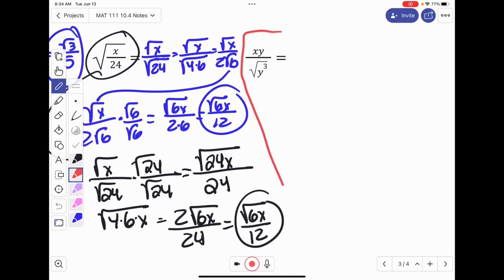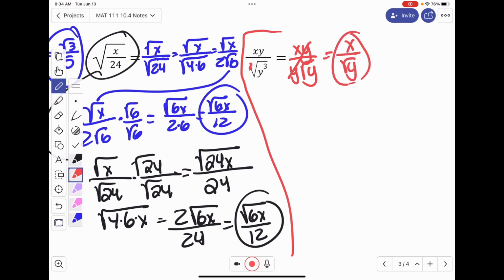All right, so this one's a little bit different because we have a square root and an exponent. So again, we can do the same thing. We can do xy, and we can reduce this first, where we take out the 2 and leave that. Then those simplify, and we're left with x over root y. Our other option is not to simplify first, but to just multiply by cubed root of y cubed, which would give us xy square root of y cubed over y